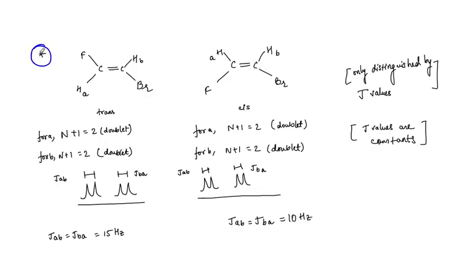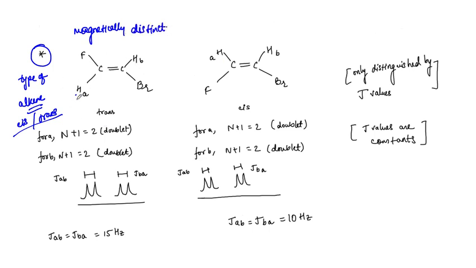Let's talk about this point as well. So guys, it is a very important point in predicting the type of alkene that we have. Is it a cis alkene or is it a trans alkene? This is very important for us to determine structures. Okay, right, let's see. So this is the alkene where the protons are basically magnetically distinct. We can also call it magnetically different or distinct, right?